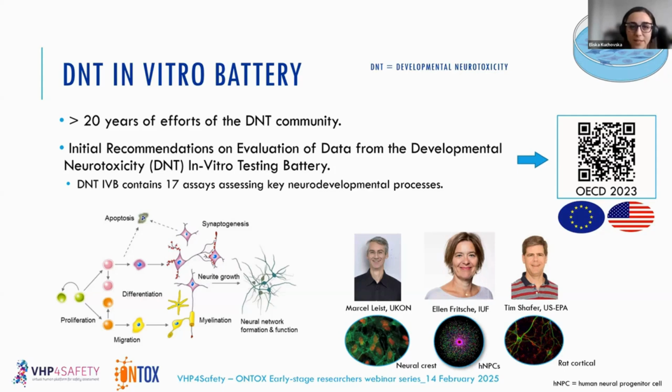These 17 assays were developed especially by the teams of three important DNT people: Marcel Leist from the University of Konstanz, Ellen Fritsche from the IUF, and Tim Shafer from the US EPA. Each of them has specific cell models, 2D or 3D, iPS-derived or primary cells, and each assesses a different key neurodevelopmental endpoint. So you see that in those 20 years, we finally reached the OECD document, and there were many mandatory and essential steps to reach this stage. And one of those steps